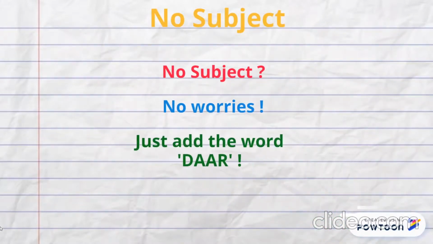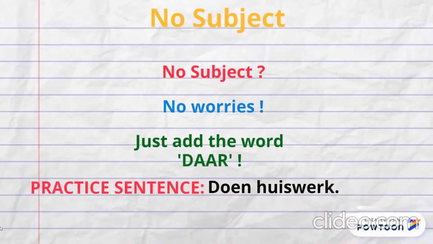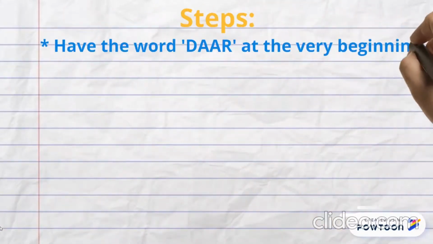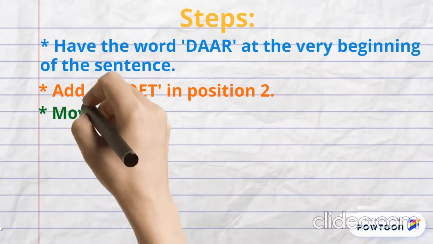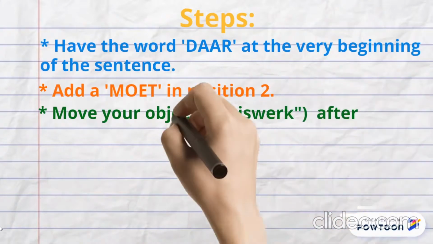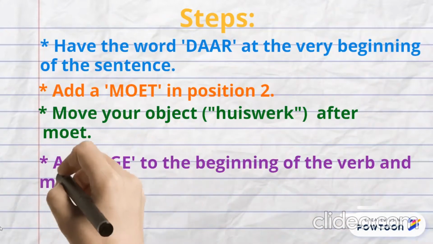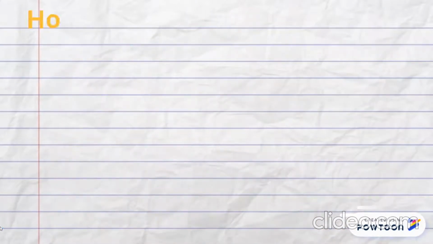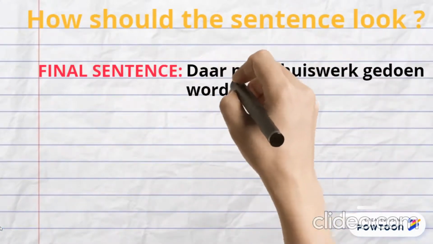Having no subject at the beginning of the sentence can also be quite tricky. To get around this, we have to use the word da. So all we have to do is start the sentence with da, make sure there's a moet in the second position after da, have our object come after moet, which in this case is huiswerk, have our verb start with a ge and come down. Basically,